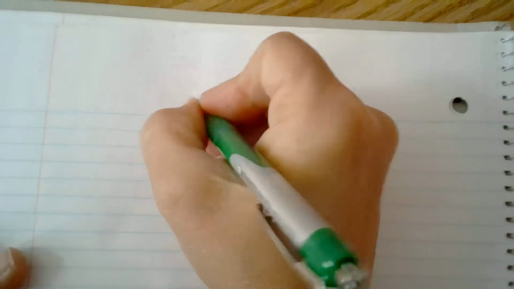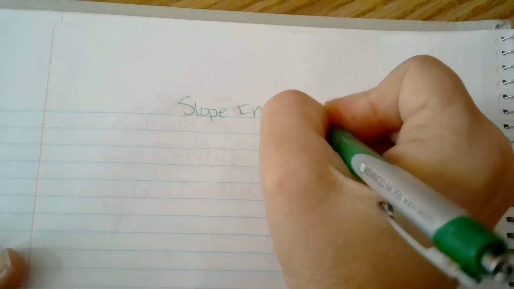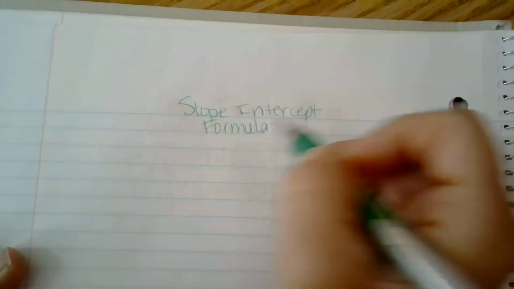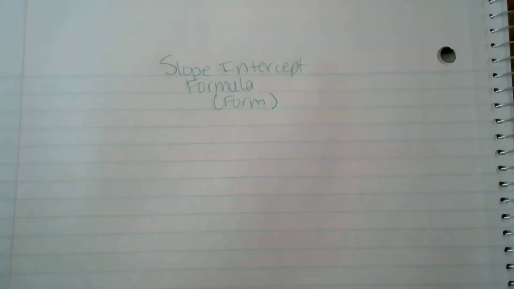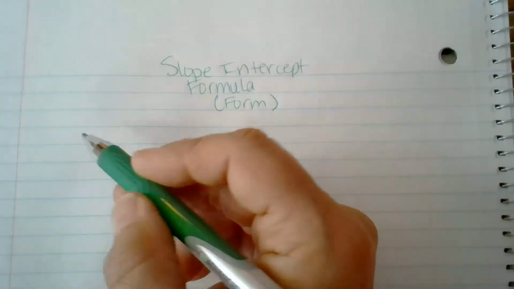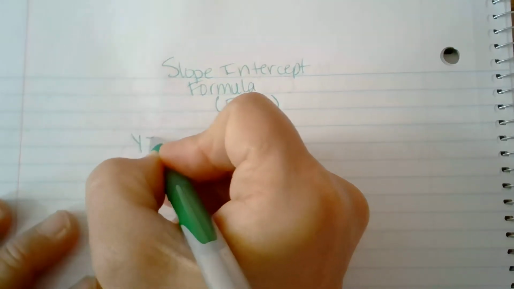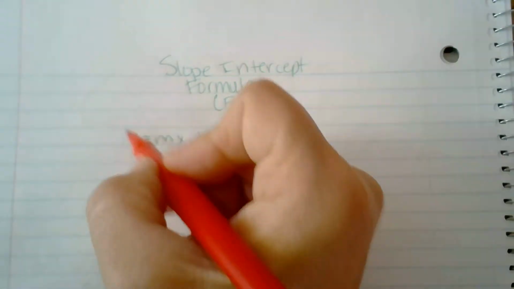All right, so what we are looking at is the slope-intercept formula, which actually is one of the most handy formulas that you can use in algebra, also known as slope-intercept form. It is literally taking specific variables and using the substitution property of equality and replacing them with given sets of values. So it is in the format of y is equal to mx plus b, where in this instance, y